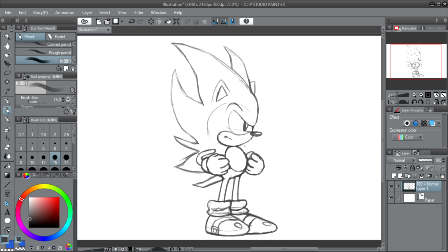So after I've cleaned all this drawing, I'm going to create a line art version of this Super Sonic with black ink, I believe that is pen. It's got a clear line. If I can find the tool I'm using, I believe it is in here. There we go. It's going to be black pretty much, and I'm going to create line art using that. So then we have it ready for coloring, and I'll show you guys how to color in Super Sonic the Hedgehog